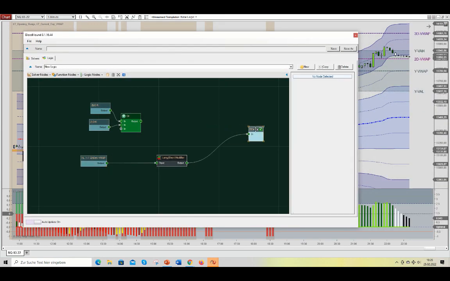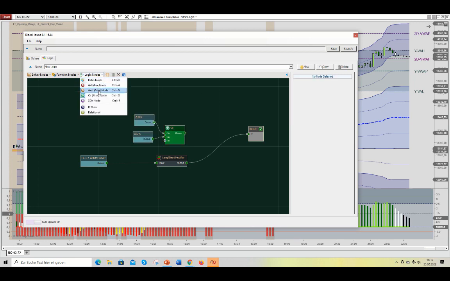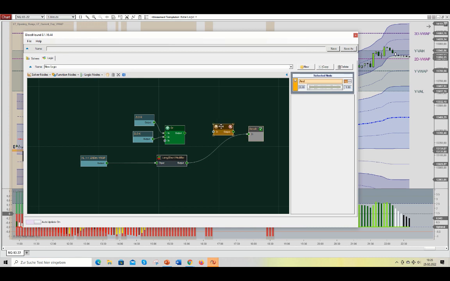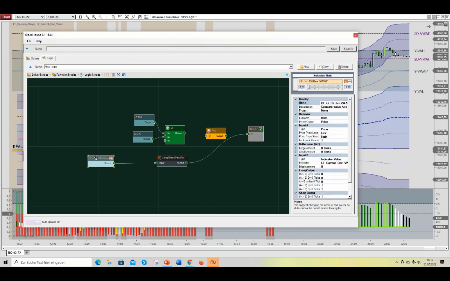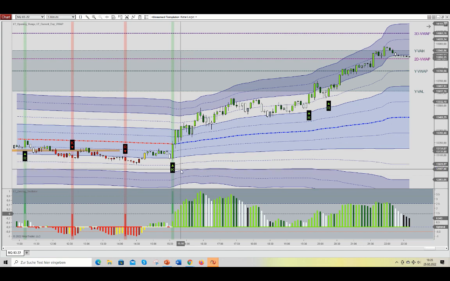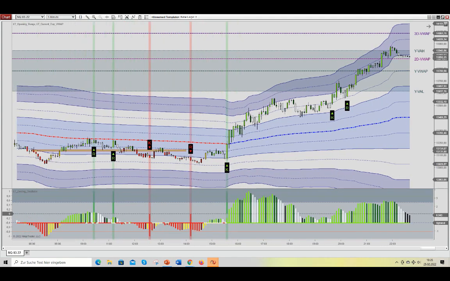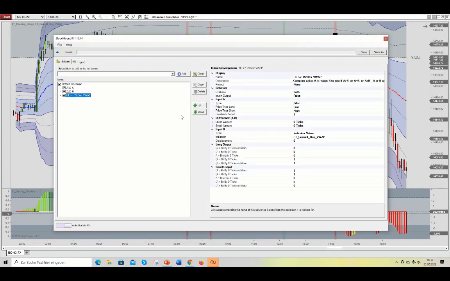And then we can go ahead and connect these via an AND node. So we want signal and the signals to be within VWAP value. And we have the expected output for that here. Now, if we're looking at the opening range as a directional bias